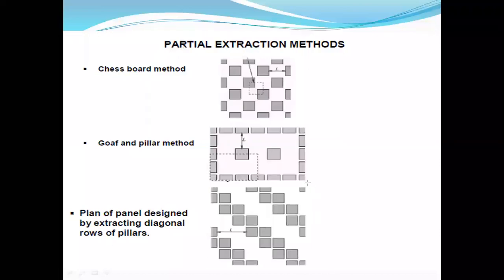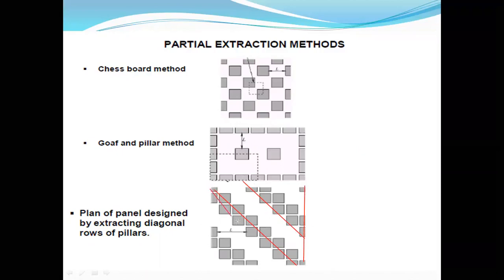Okay. Look here. If I take any straight line, when you compare this length versus this diagonal length, definitely the length of the diagonal will be more. Am I right? So the length of the diagonal will be more. That means instead of acting on this shorter length, the load due to the overlying strata will be acting over a larger area.